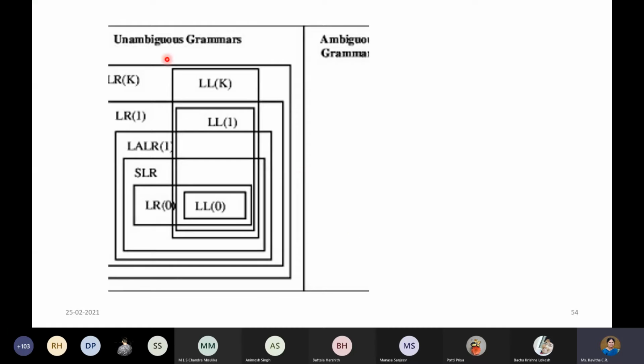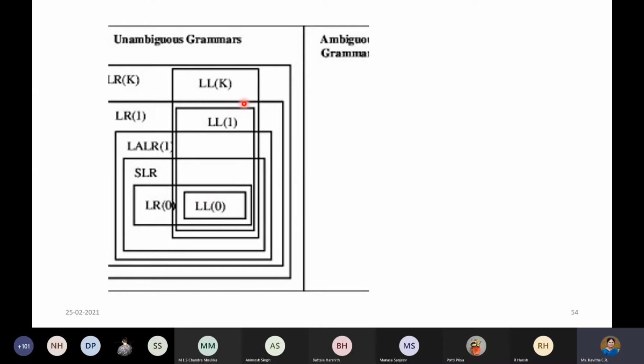Okay. And then coming to unambiguous grammars, you can have a comparison between the top down and bottom up. It goes like this. For top down, you can take LL of 0, meaning you're not having any look ahead symbols. You just take the normal procedure and then do. So that is LL of 0, which is not useful at all most of the time, because without the look ahead symbol, it is very difficult to decide which production rule to apply. If you don't have the look ahead symbol, then obviously you will make the wrong decision and then you'll have to come back and then continue. So that is the problem if you don't have the look ahead symbol.